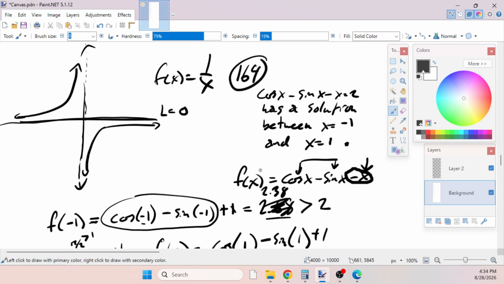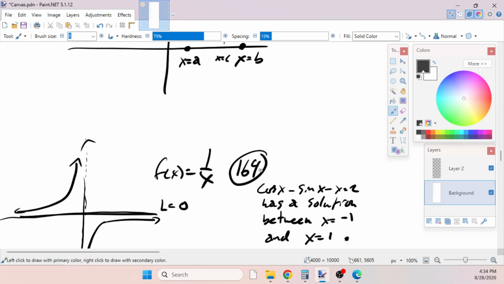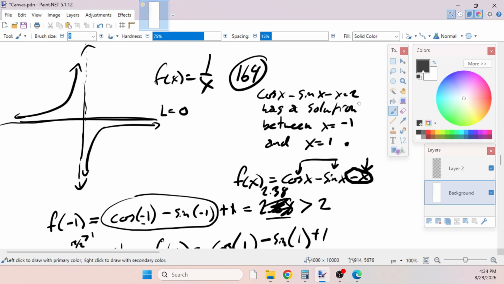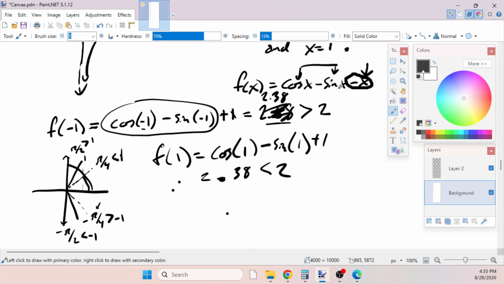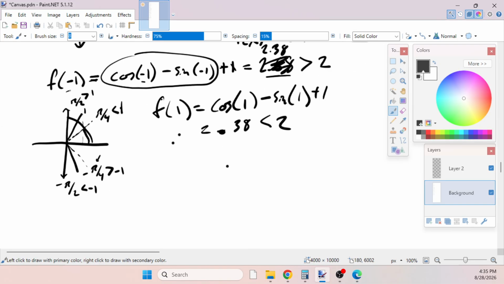But the point is that we are using our intermediate value theorem to show there's a solution to this equation. The way that we're going to do that is to define this as a function and show that here's the line y equals 2. If the function is above it somewhere and below it somewhere, it had to cross it somewhere, and that's where the solution is. So we plugged in the -1, we got a value that's bigger than 2. We plugged in the +1, we got a value that is less than 2. That means that